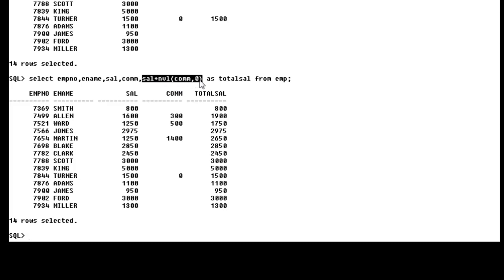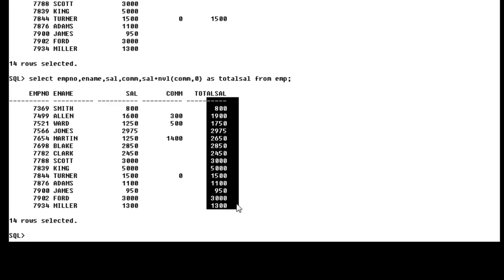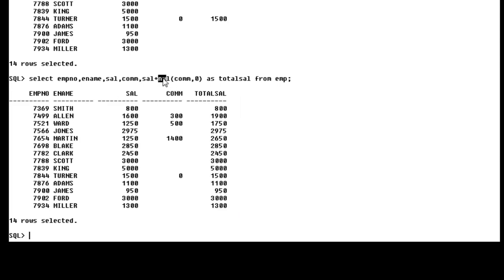Just remember. So you get the perfect output, and whenever you have to perform any calculation on a null value, you use the NVL function to convert that null column value into 0 or 1 or anything else you want. Fine, this is the NVL function, and it is very important for calculation and arithmetic operation performance.